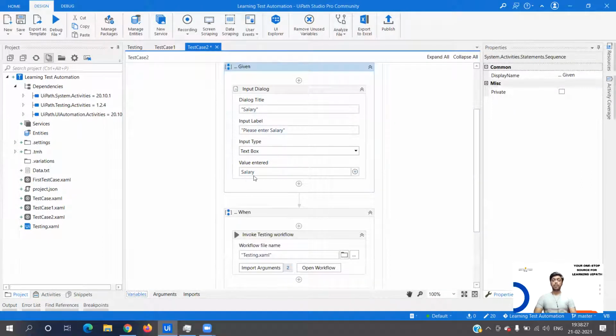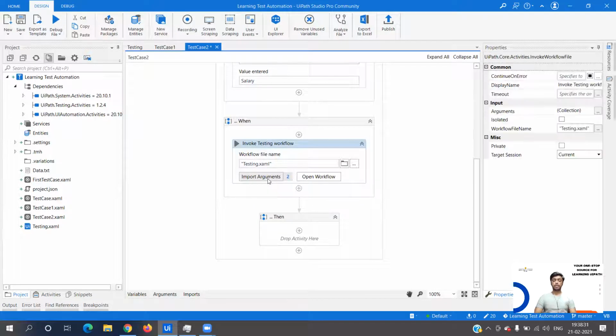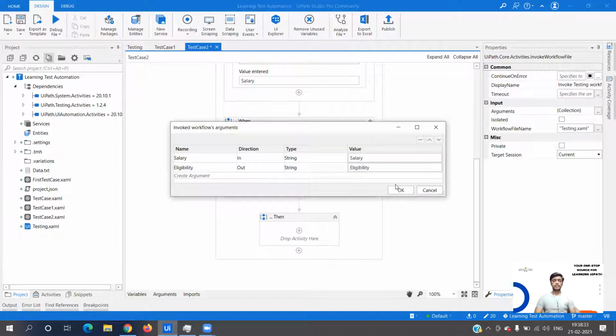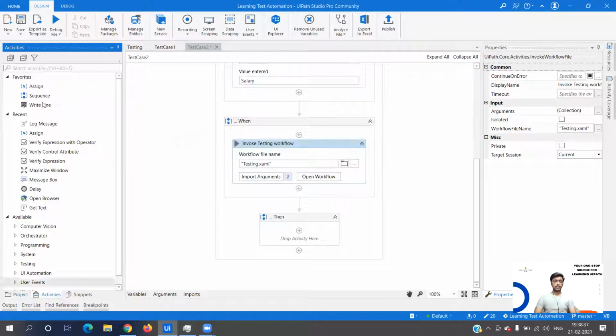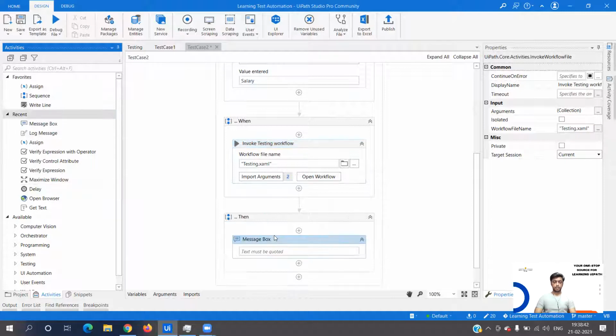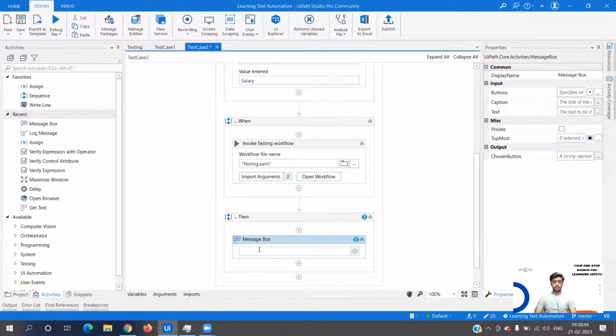Now I'm going to pass an input through my Given sequence to this particular workflow, which is going to be salary, and the output is going to be eligibility. Let me use a message box and print eligibility. Let me copy this.